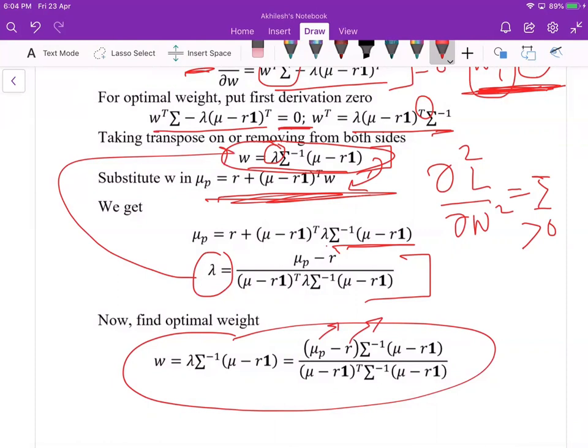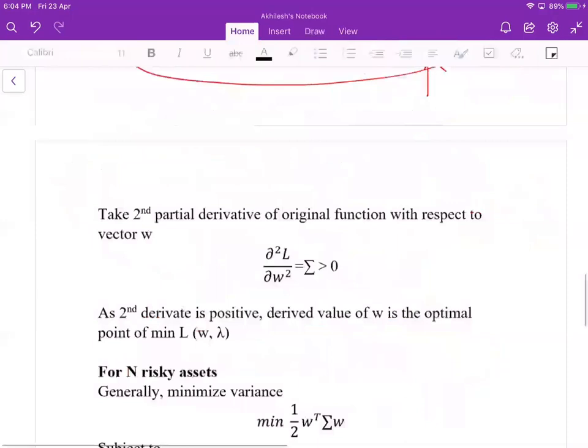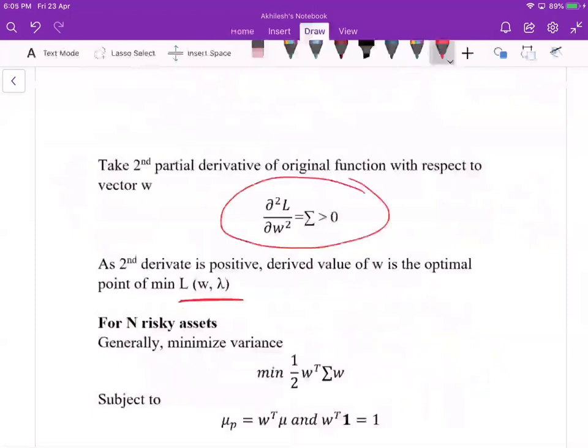Okay, let's move ahead. As we have already seen here, when you do the second derivative, you will have just the sigma term, and this is greater than 0. The second derivative is positive, so that is the optimal, the given equation is a minimum. Okay, so the one which I have shown you is a special case, and this is very easy to depict. That's why we chose the special case consisting of one risk free asset.